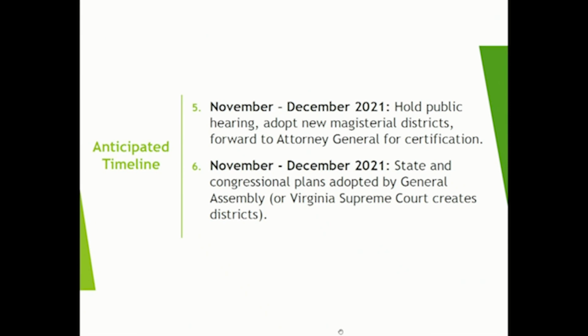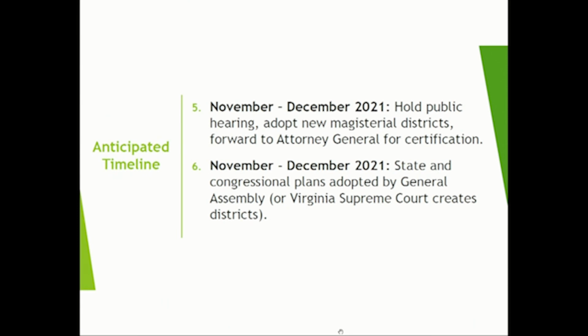If we use the Attorney General process, then we would be sending that decision out for certification, and then the state and congressional line drawing will occur. What that will do is it won't affect the magisterial districts that you set up, but it may well split voting precincts. And so we would be coming back to you doing what the board just did in June, but there will be more districts than just one, I guarantee it. We'll be back to you on how we adjust if those state and congressional lines actually split precincts, on exactly how to